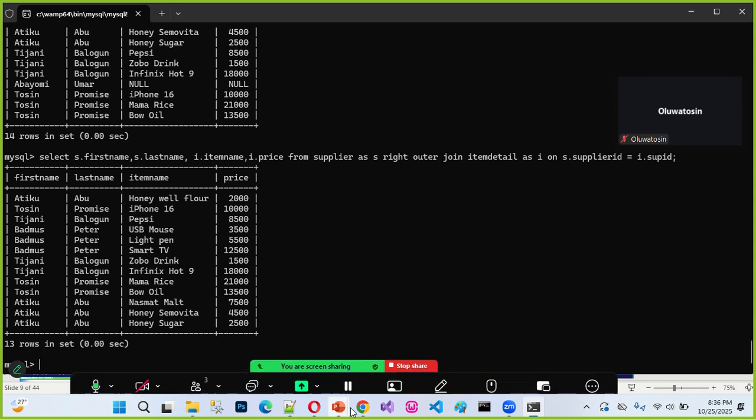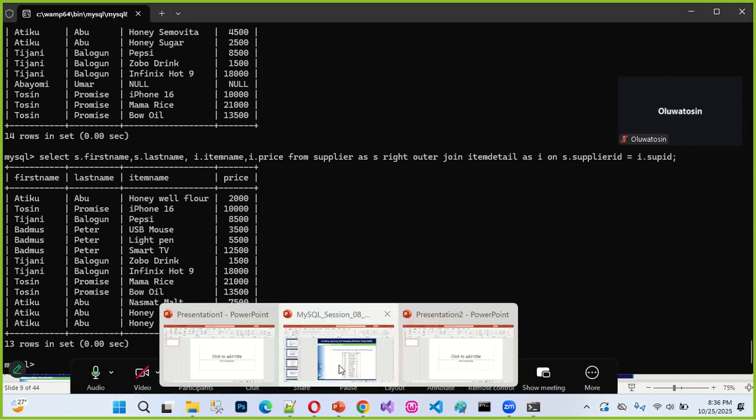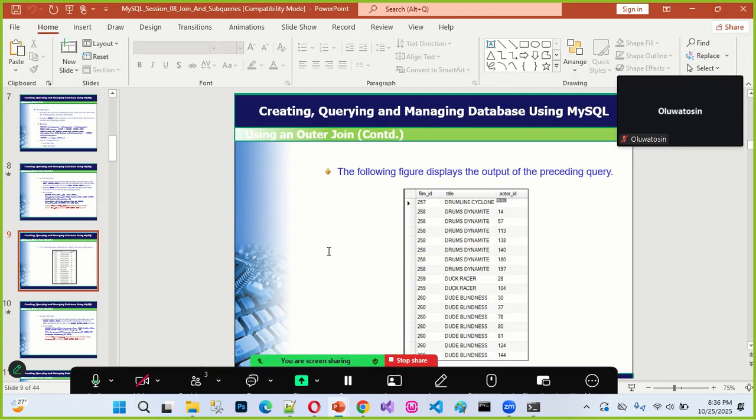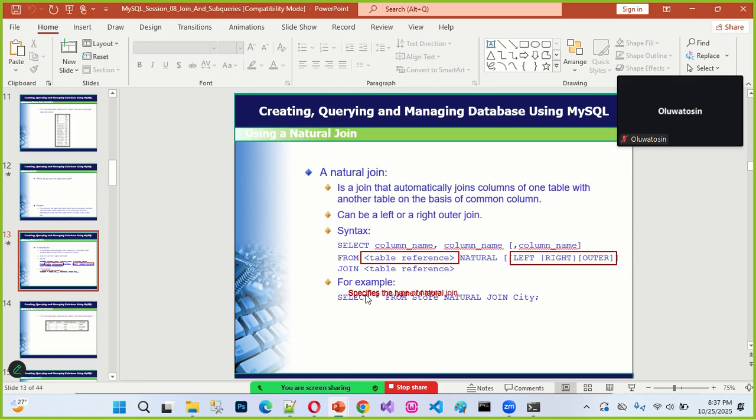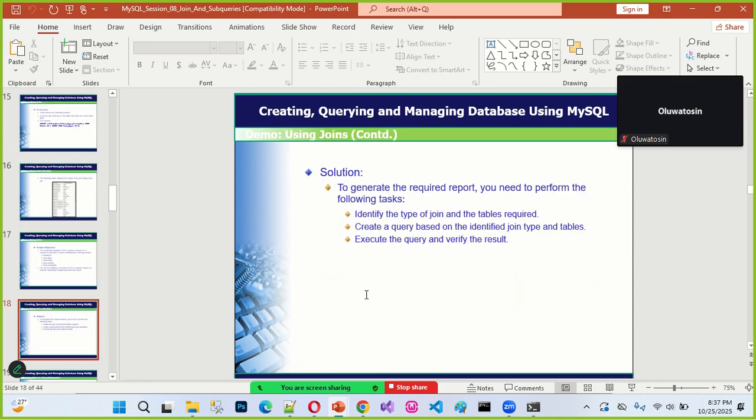So the right outer join and the left outer join are both important statements you can use to retrieve records from multiple tables. Are you with us now? With me now? So that is it for this particular join. But another important one we want to look at now is the